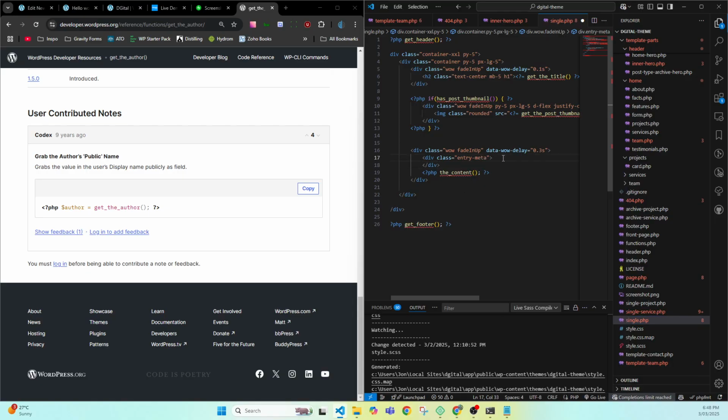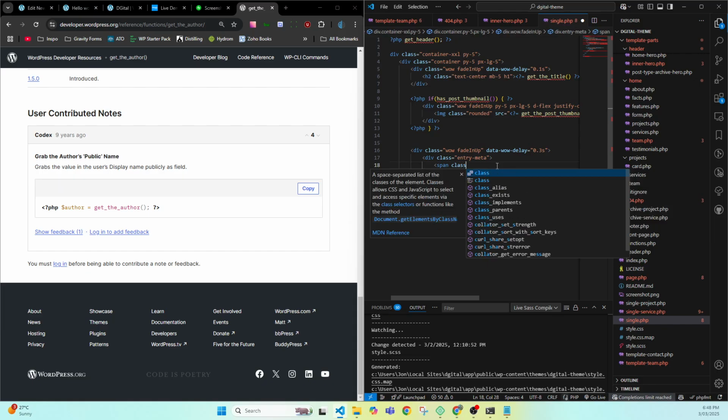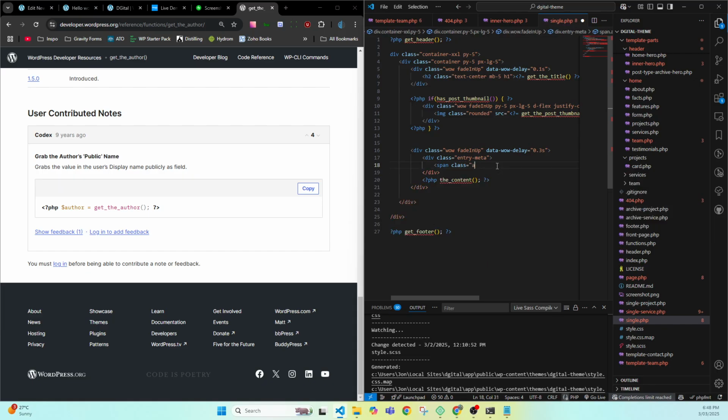Then in here we want to go span, and I want to add the class of author. Close that span, and actually inside the span we're going to do some